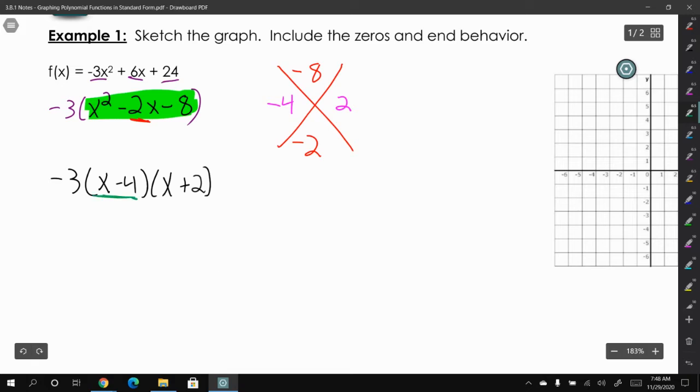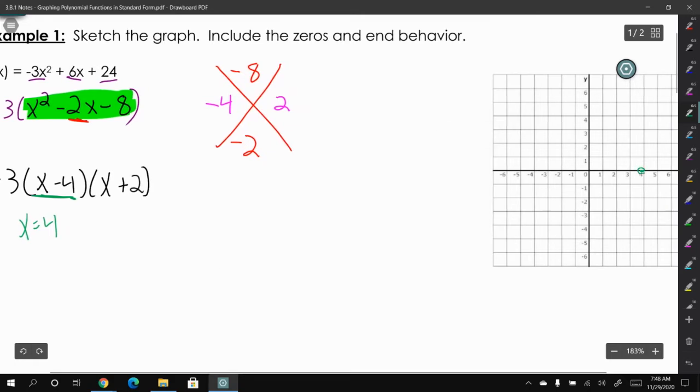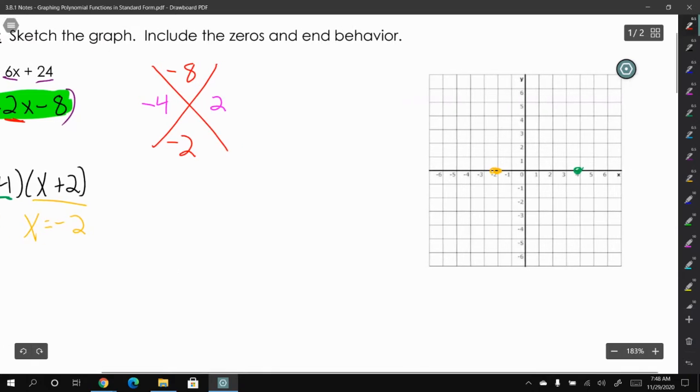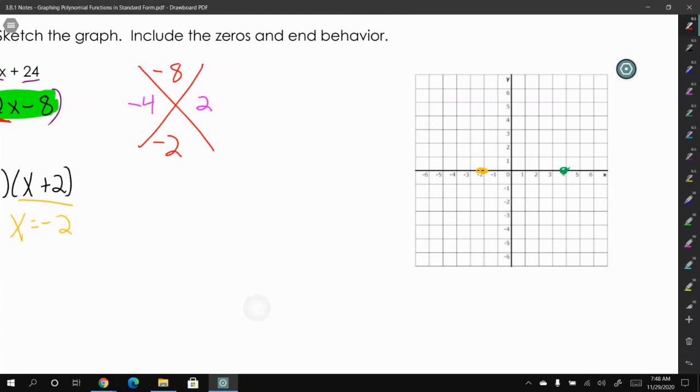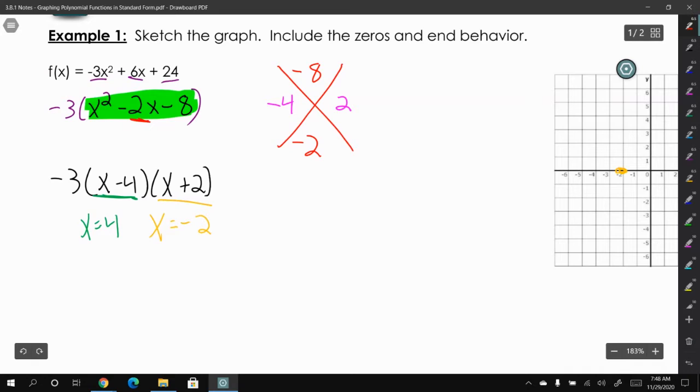So that makes this 0, x equals 4. So I'm going to plot that real quick over here. And this 0, x equals -2. Now, we know that this is a quadratic, but let's pretend we don't know that. Let's just look at our factored form,